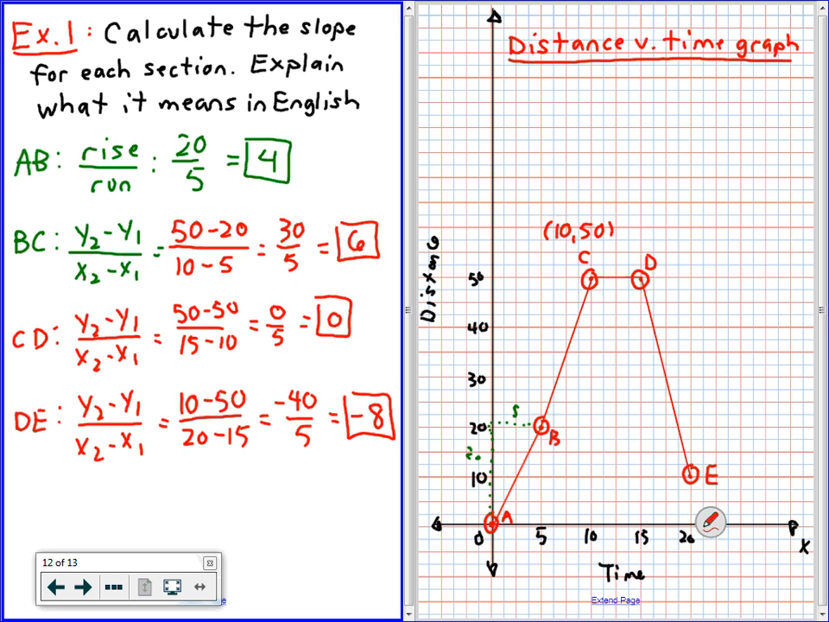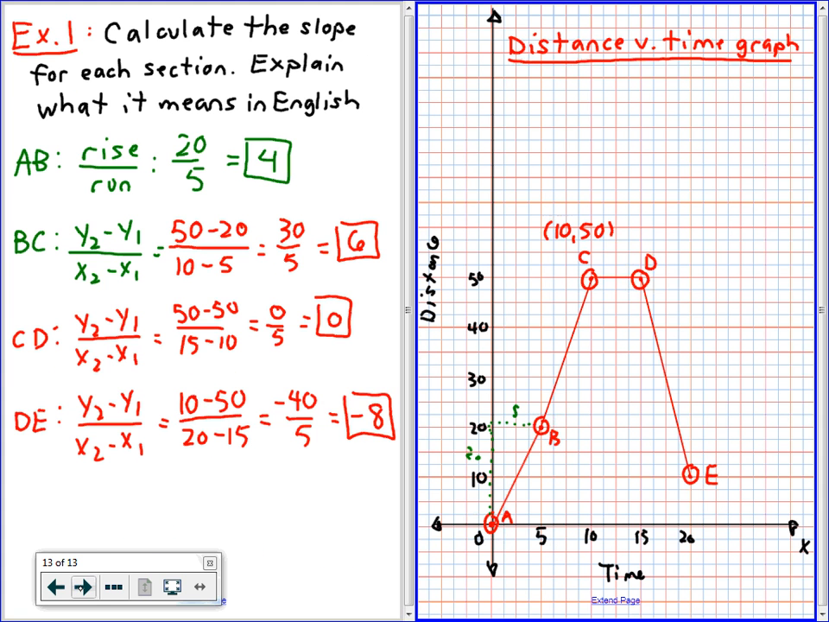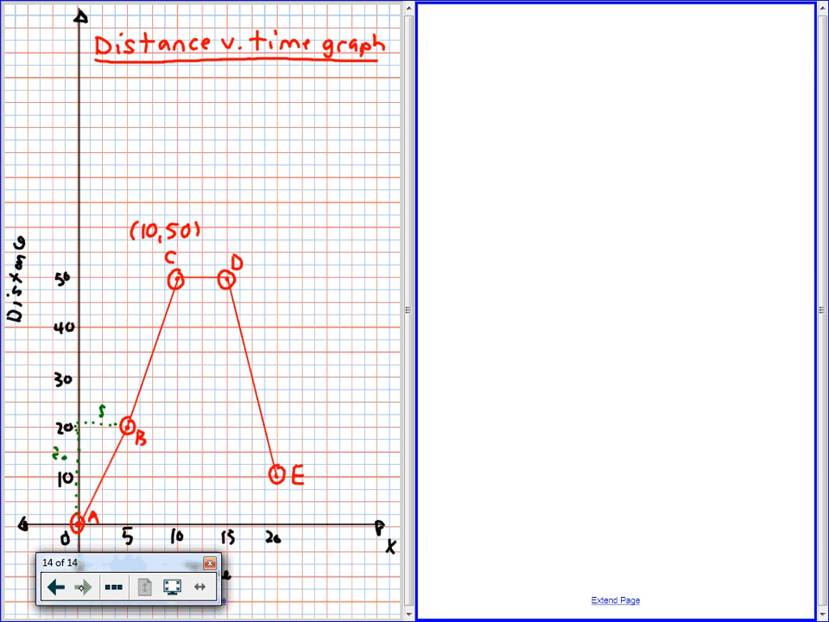Okay, let's go into what this actually means in English. You have to write out what it means. I'm just going to do a little paragraph here at the end, okay? So what this actually means. So for line AB, you had,